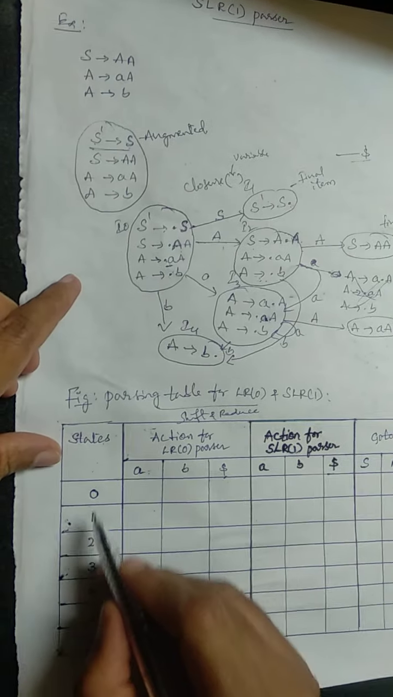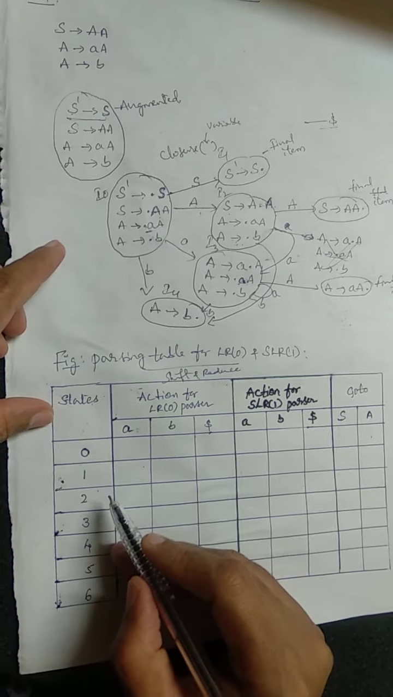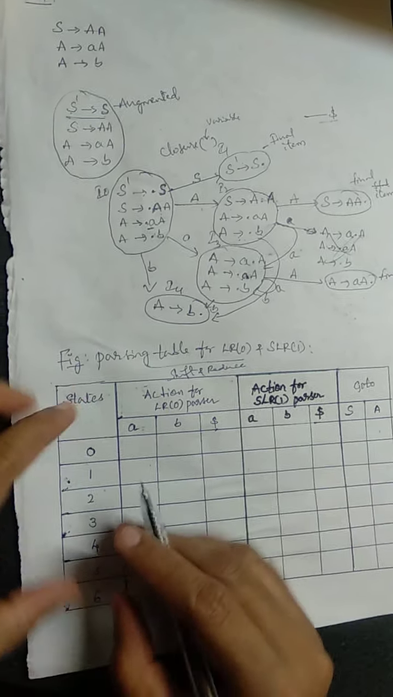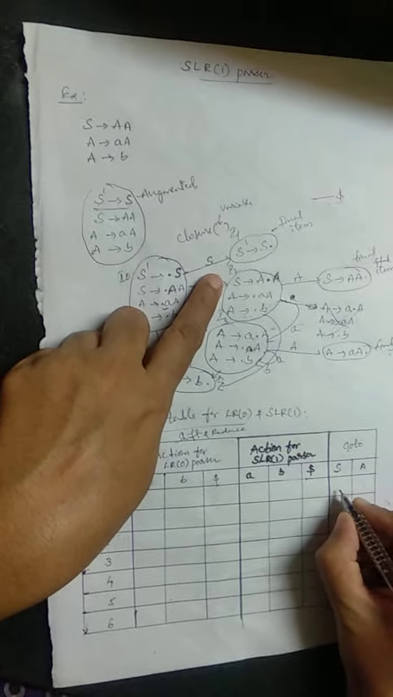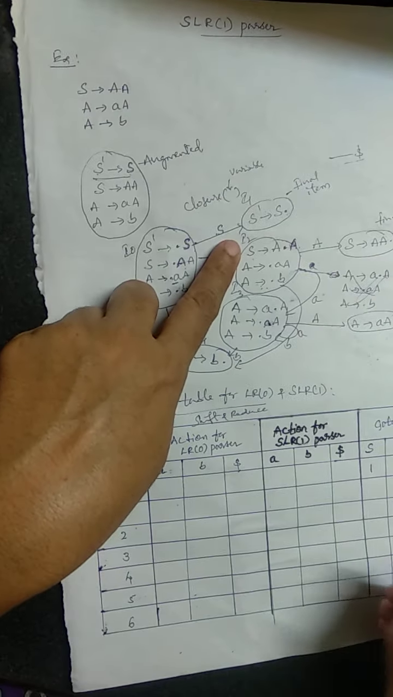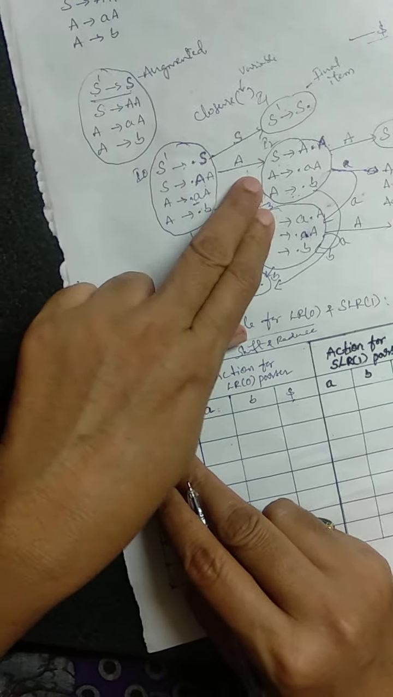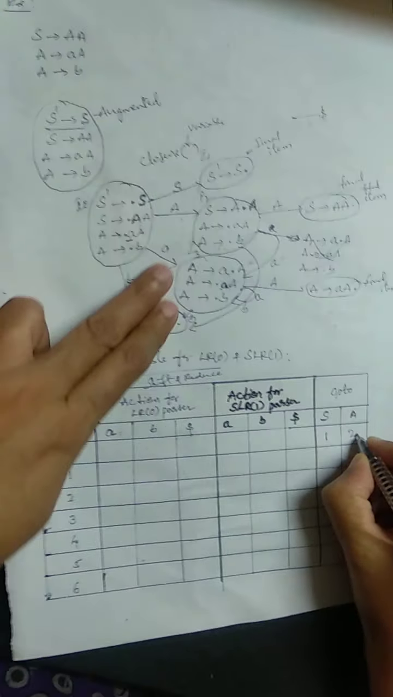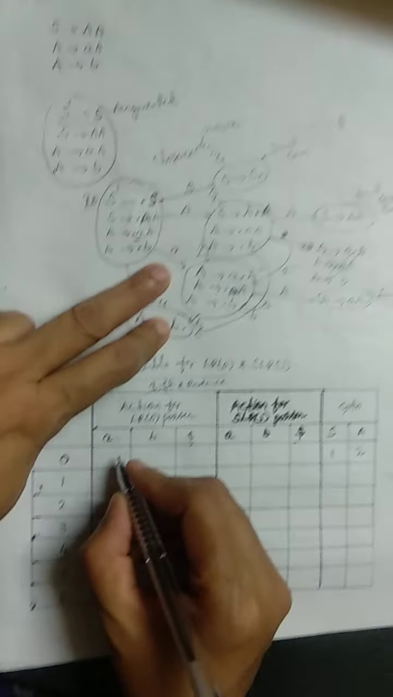Let me complete the LR0 parser table first. It includes states; this column includes states. These states are common for LR0 and SLR1. I'll tell you the difference. From the state I0 on input symbol S, what is the input symbol? Here it is a variable, going to state 1. If it is a variable, I should consider which table? The goto table. So on input symbol S it is going to state 1. Next, from the same state I0 on input symbol A it goes to state 2, and on the input symbol terminal it is going to